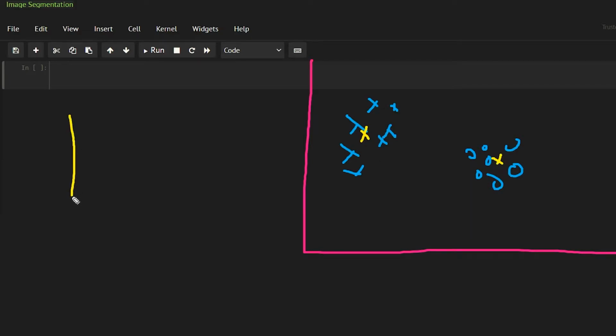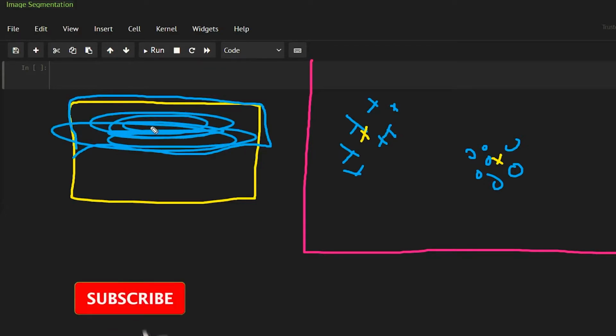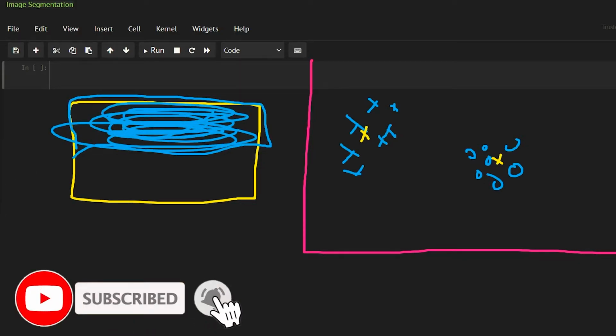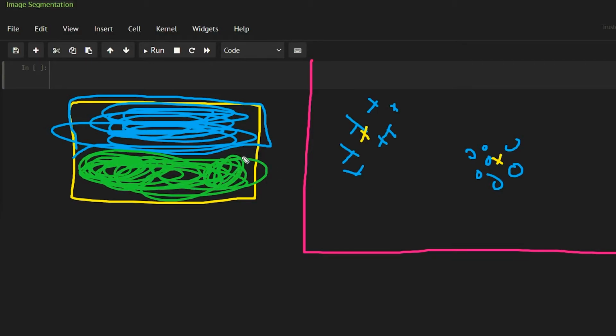Now let's suppose we have an image in which we have a sky. Let's suppose this is filled with the sky color. There is some variation of sky color, and let's suppose there is some grass,